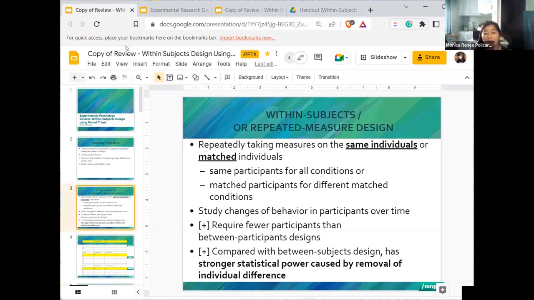The advantage in the within subjects design, or the repeated measures design, is that since you are, let's say, double dipping on the case, there's already consistency in some of the attributes of the individual. We call it the individual differences. This source of variance, or let's just call it error, is now removed from the equation in the within subjects design. That's why statistically it is relatively more statistically powerful compared to between subjects